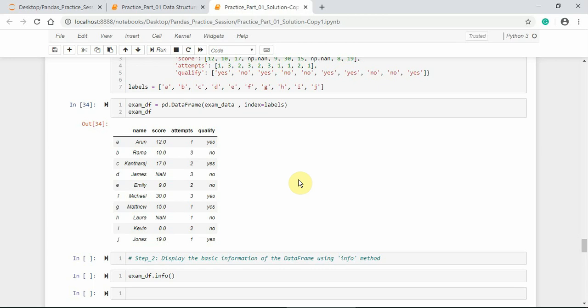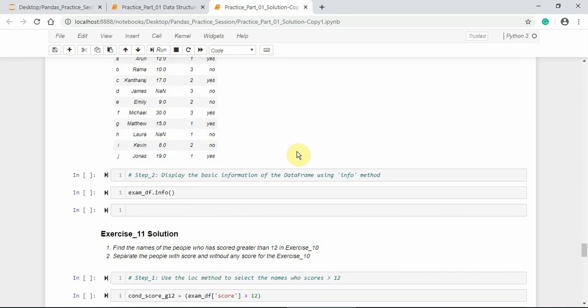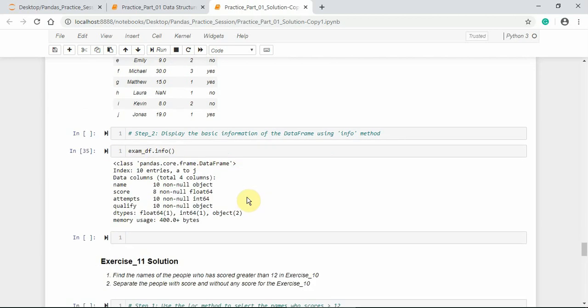Here you can see that the data frame consists of the explicitly defined row index labels. Let us use the info method on this data frame to get the basic information about the data frame object. The basic information says that it has a total of 10 entries, that is 10 rows from A to Z,